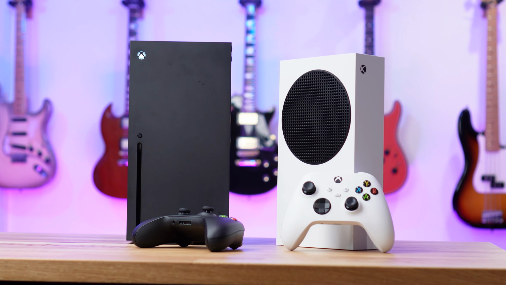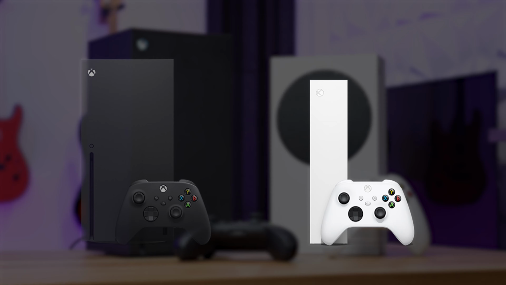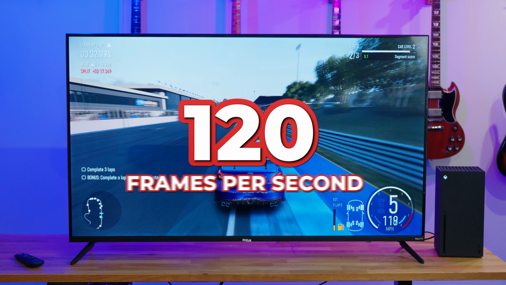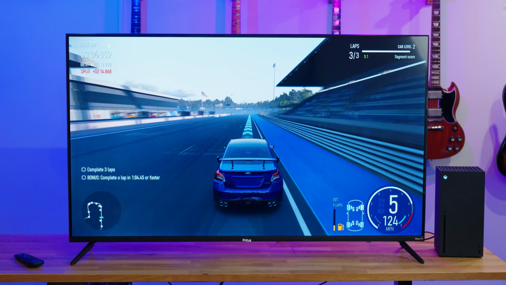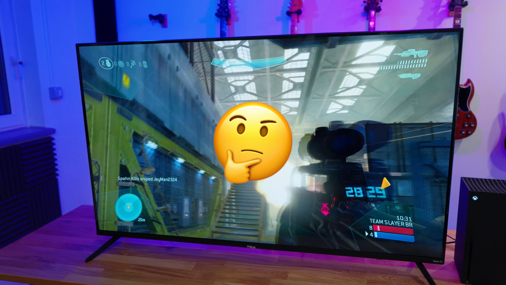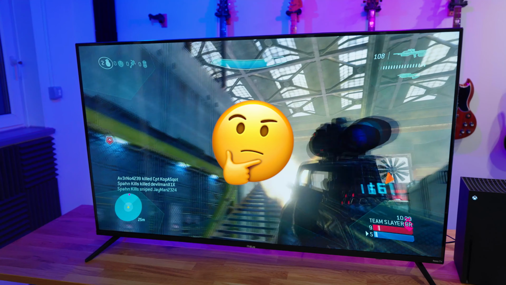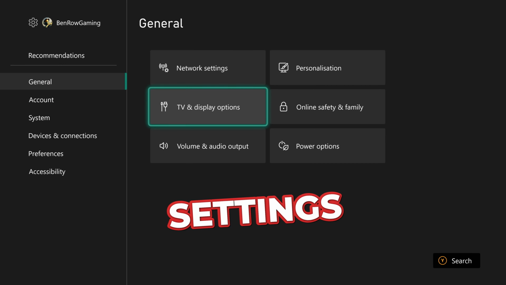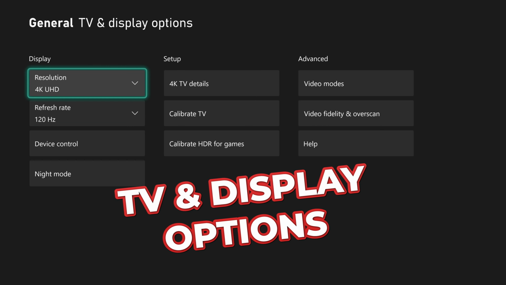Of course, one of the best features of the latest generation, both the Xbox Series S and X, is the fact that you can play at 120 frames per second, and it can be confusing whenever you launch into a new title, choosing between fidelity mode, performance mode, and not 100% knowing if it is running at 120 FPS or 60 FPS. Well, thankfully, if we head into our settings and go over to TV and display options, inside of here,